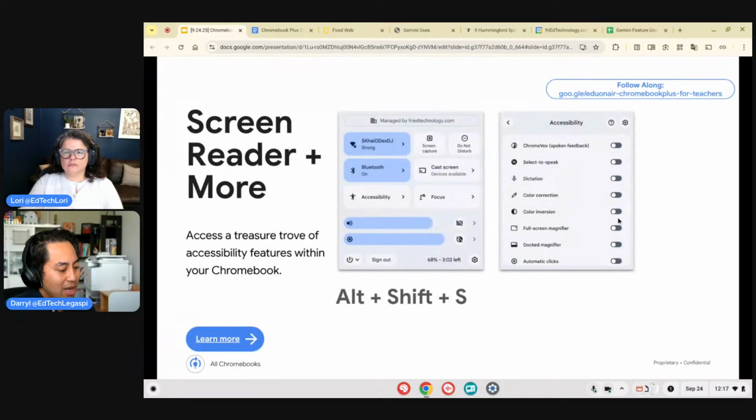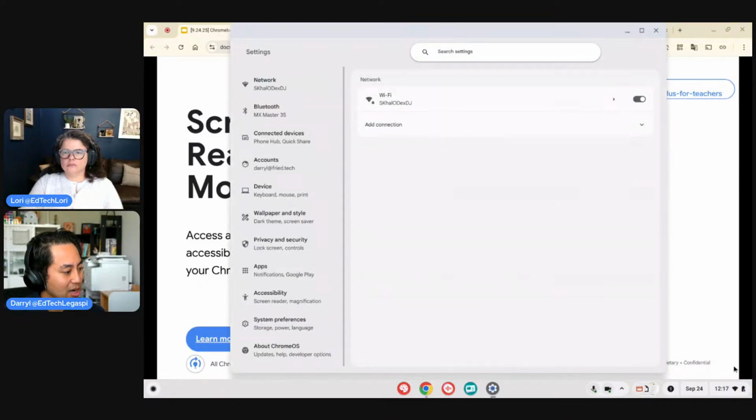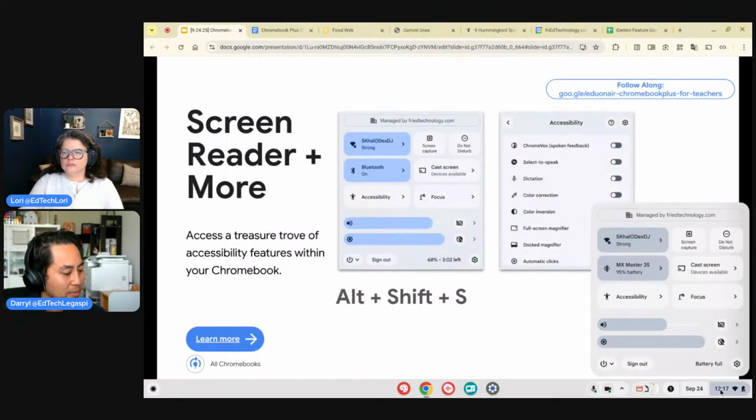All right, so we've got a treasure trove of accessibility tools here in our status tray. If I click on that, I have a button that says accessibility, an accessibility menu. If you don't see that, don't worry. We just have to turn that on, and it can be found in our settings. In our settings, if we go under accessibility, we can turn that on by clicking this switch right here. So let's just do a brief tour and see what you have access to under the quick